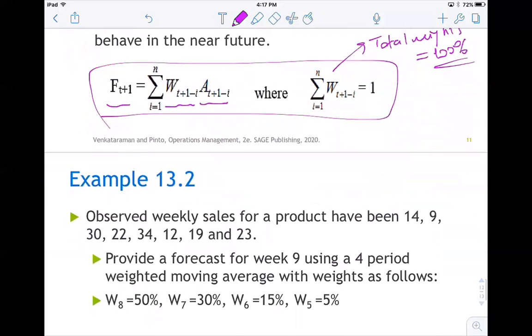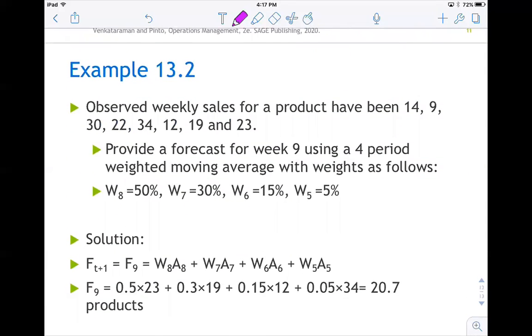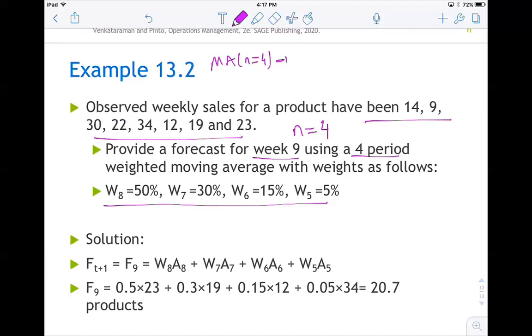Well, how is it being done? Let's go back to our same example, right? We do have these demand data, and let's assume that we are going to make a forecast for week 9 using a 4-period weighted moving average method this time instead of 3. We want to go back and look at the 4 most current observations. But the question is also telling us to use these weights instead of just taking a pure average for your forecast. So traditional moving average forecast by using n equal to 4 for week 9 would be